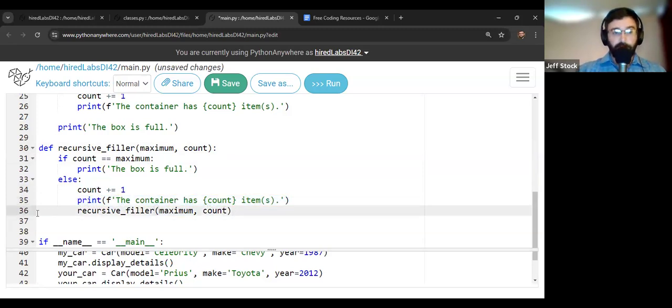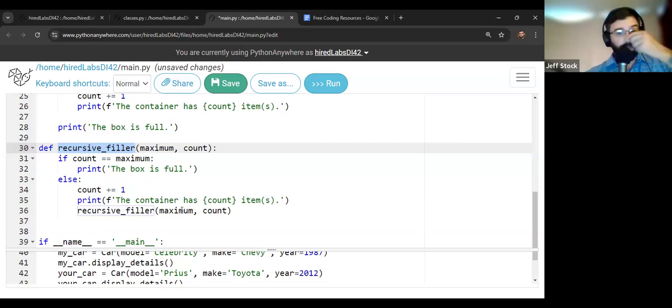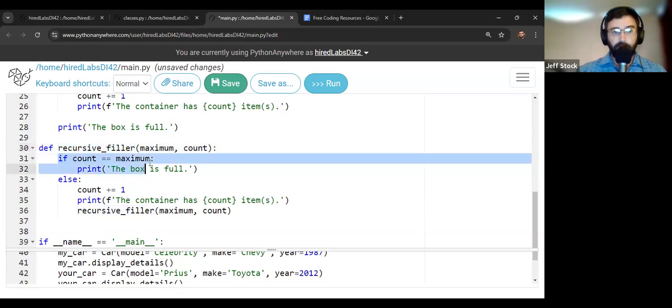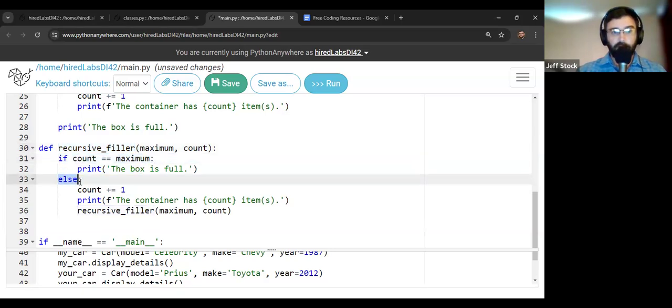So this right here on line 36 is really where the recursion happens, is calling the same function that we are in. So it gets down to this point, and it's going to call itself again. And basically what happens here on the computer side of it is that the first time this comes through, it's going to read all the way through. And if this condition is not met, it's going to move on to this condition, and it'll do each step of this along the way.